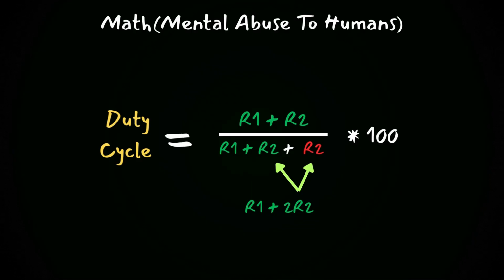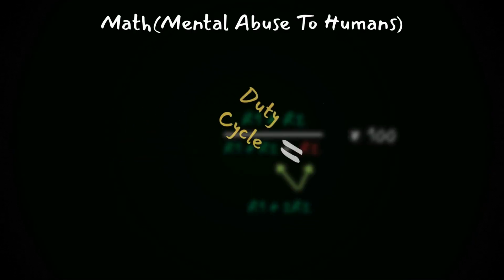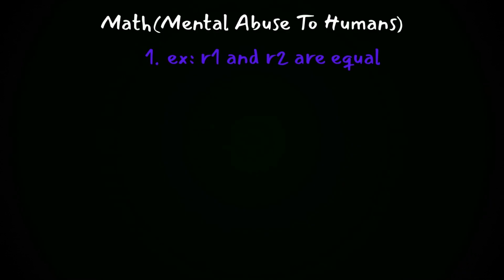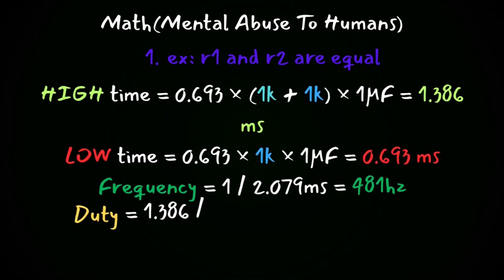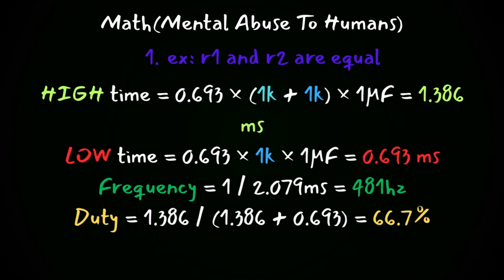Now, if you're not a math whiz, let's put these equations to work. In the first example, R1 and R2 are both 1K ohms. The high time will equal 1.386 milliseconds. The low time will be 0.693 milliseconds. This gives you a frequency of 481 Hertz and the duty cycle of